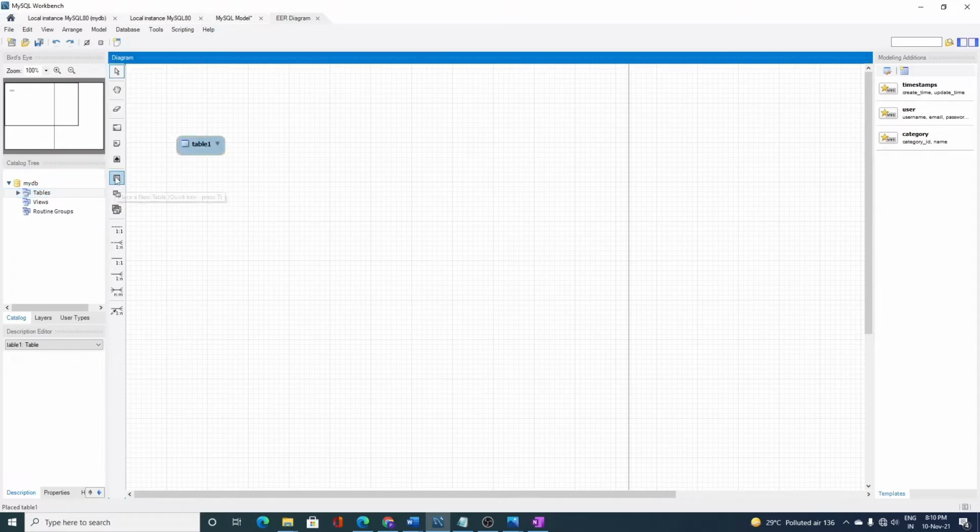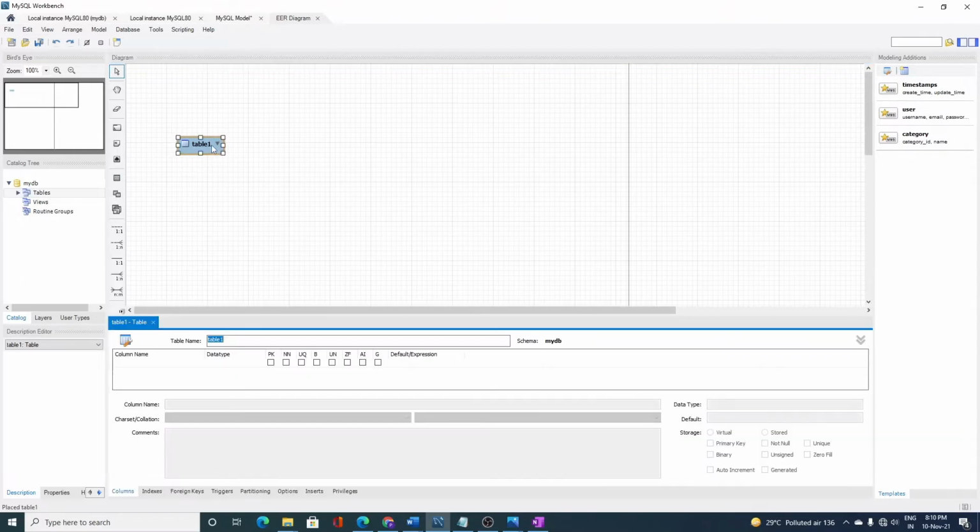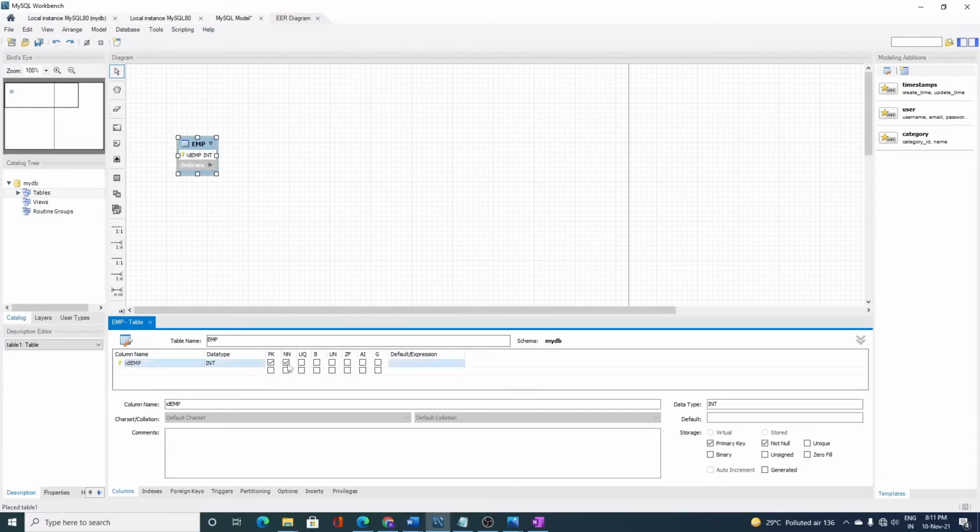So first you select table, click on this panel, and you will get this table 1. Double click on this table 1, then write the table name. Here you can see we have to write the table name, so this is the employee table, we have written employee in short form. Now here you can see column name, data type, and the constraints. First, ID employee, which is going to be the primary key and not null. Next one is we are going to take employee name,